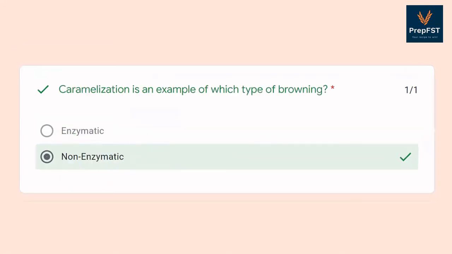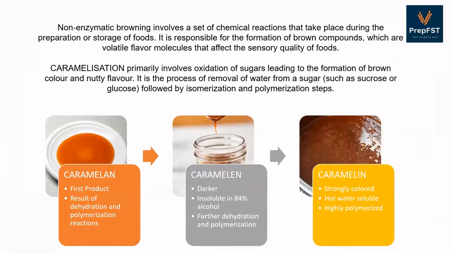Next, caramelization is an example of which type of browning? The answer is non-enzymatic. We all know non-enzymatic browning is a set of chemical reactions that take place either during the preparation, such as baking, or seldom during the storage of foods. Now, this is responsible for the formation of brown compounds which are very flavorful and hence they affect the sensory